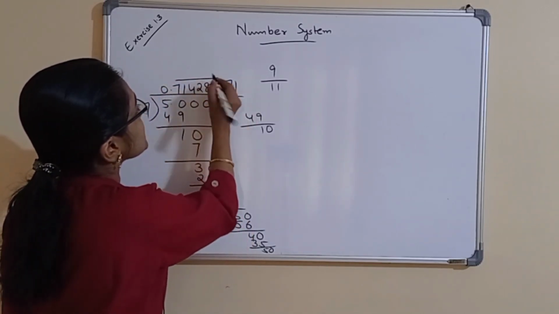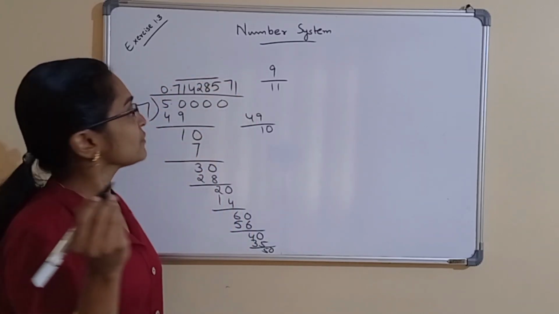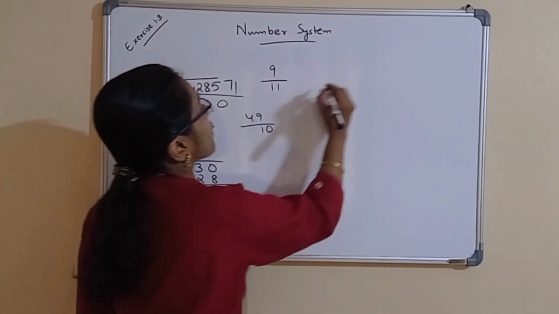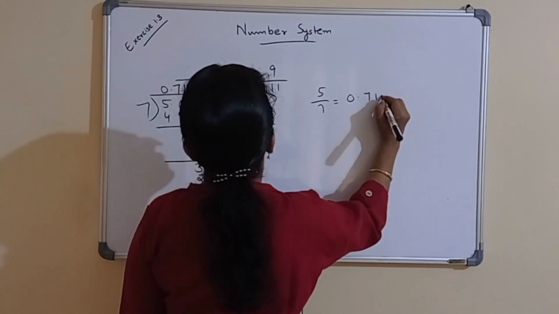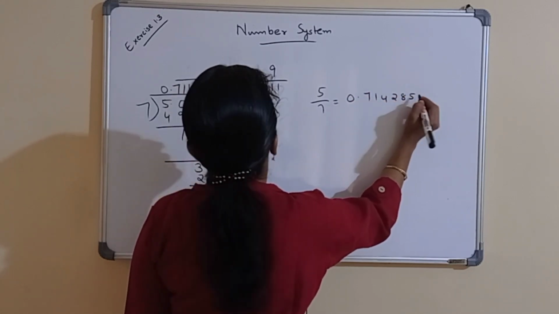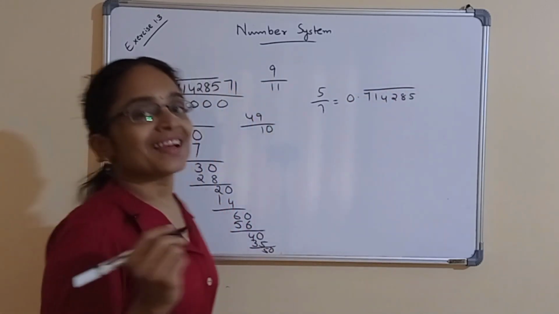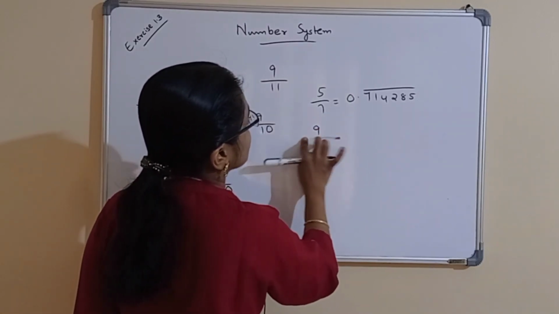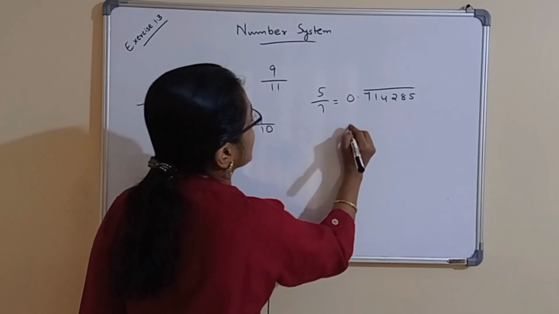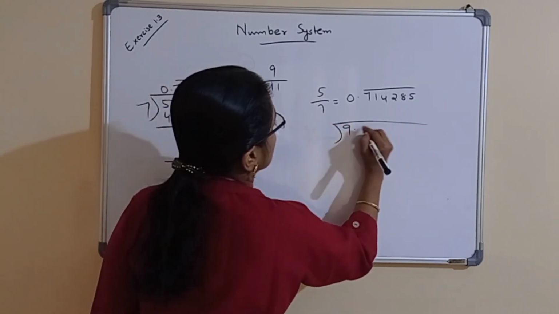So this will repeat, 7 1 4 2 8 5 will repeat. So 5 by 7 is 0.714285, which will repeat. And what is 9 by 11? So we can find it out. 9 by 11. So